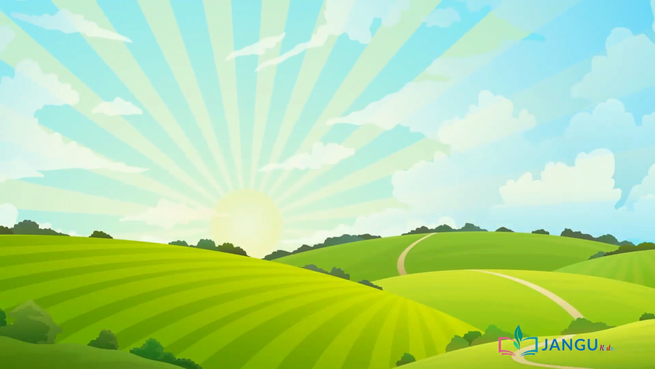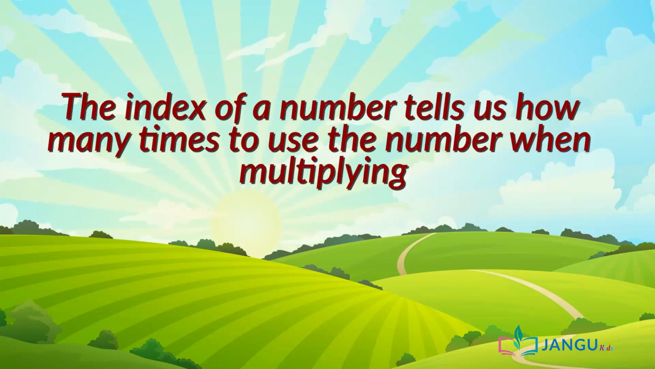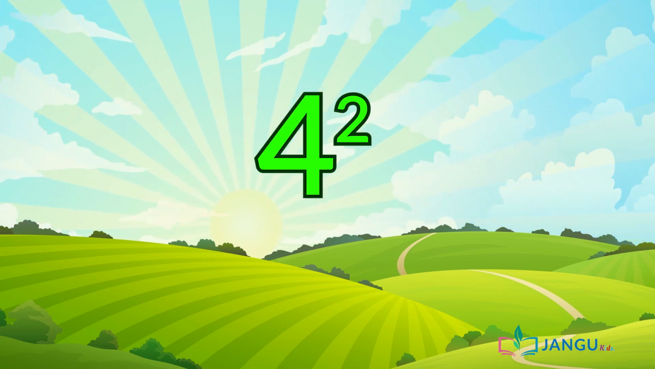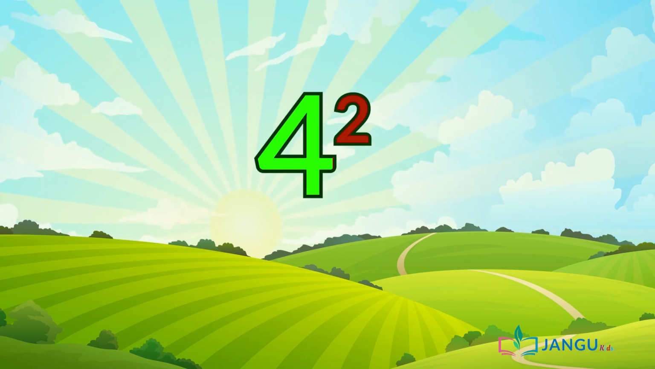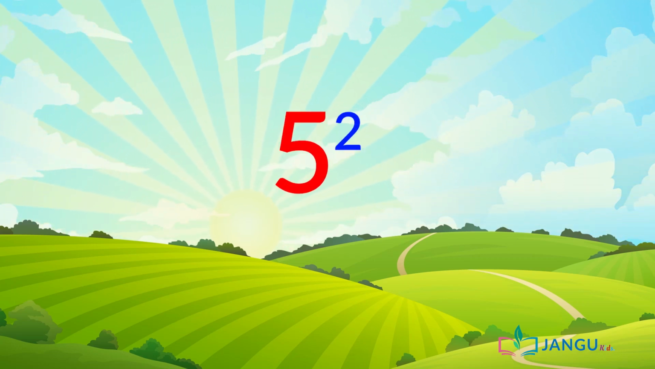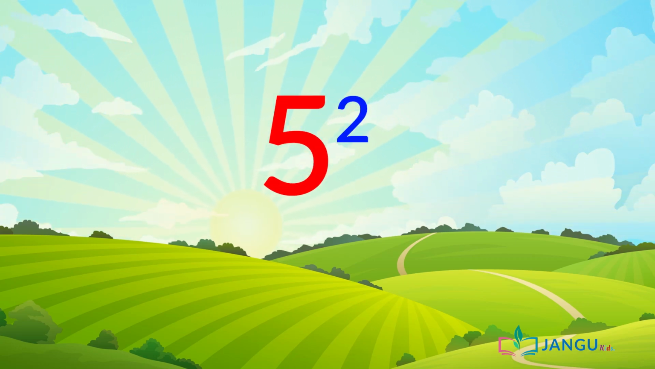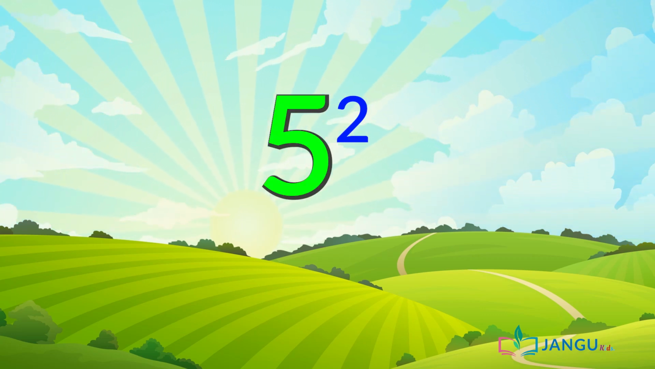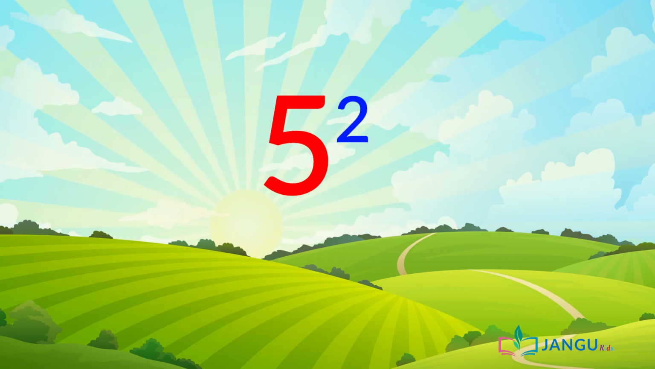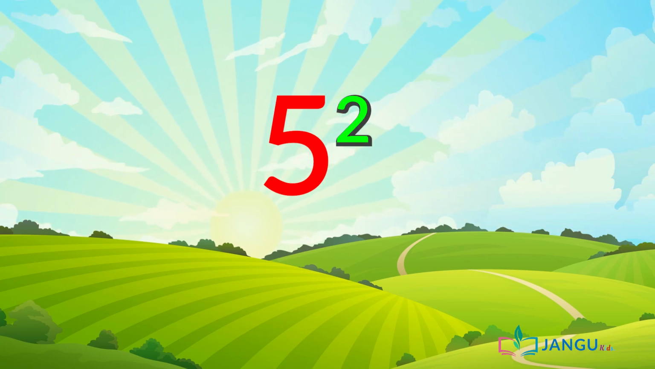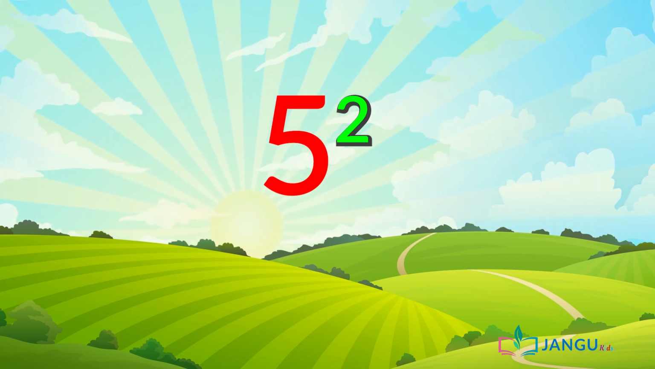Now, what is an index? The index of a number tells us how many times to use the number when multiplying. It is usually written as a small number slightly above a base number. For example, this is 5 squared, or 5 raised to the power of 2. 5 is called the base number. The little number 2 is called the index or power, and it tells us how many times to multiply the